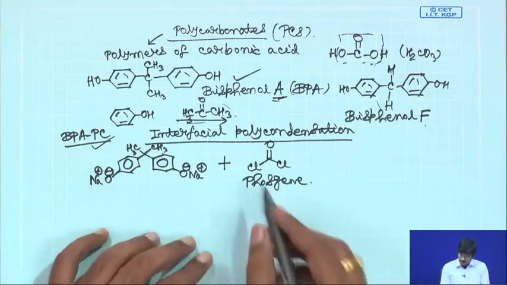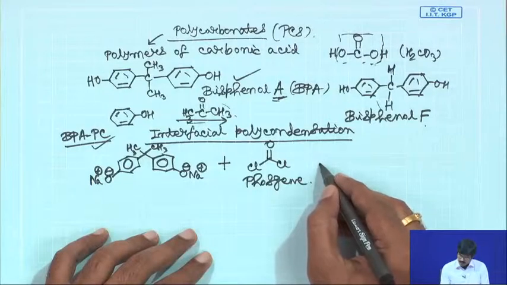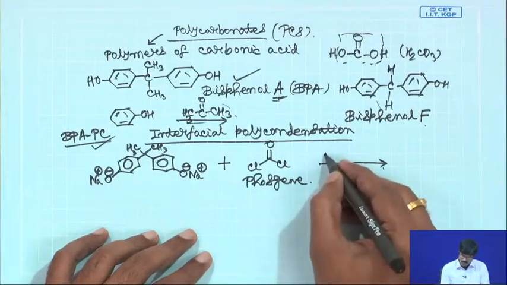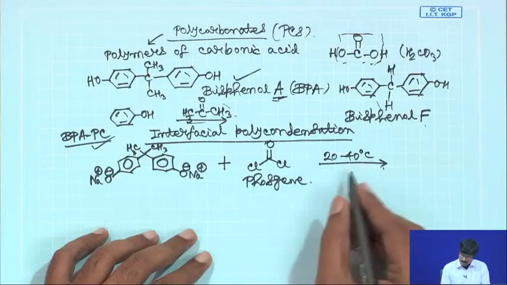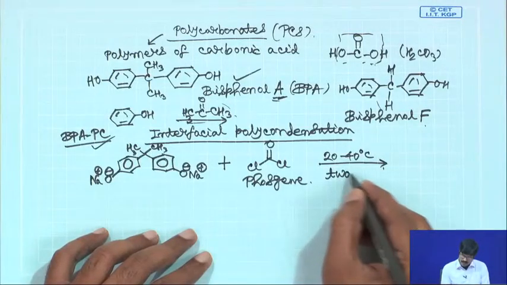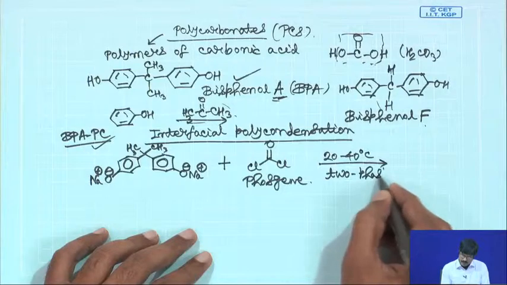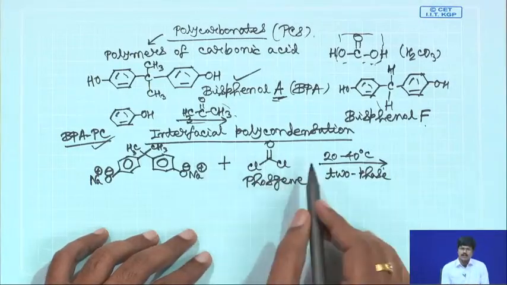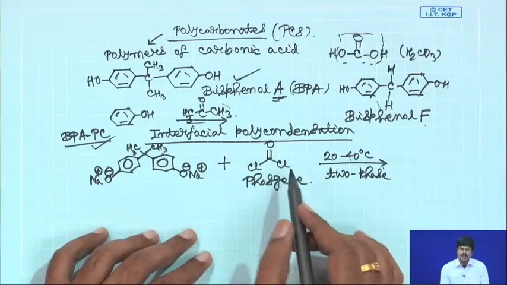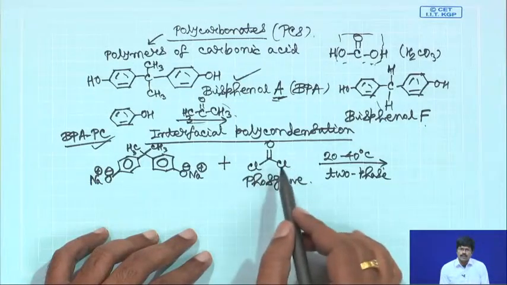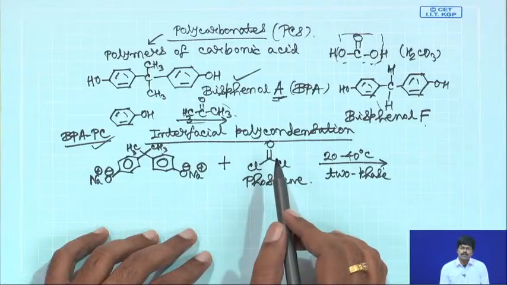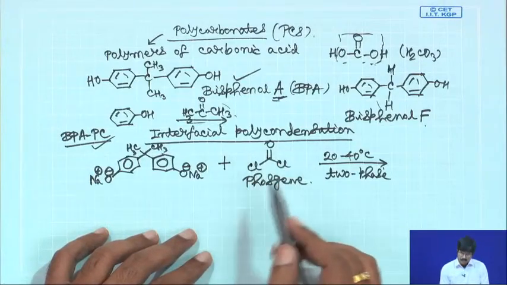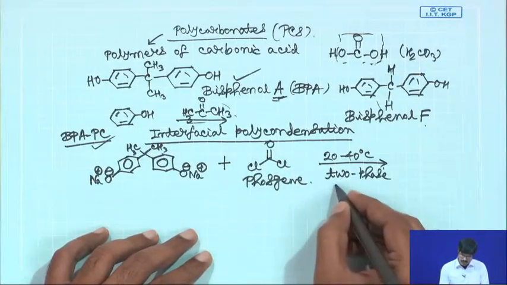Now, for this particular reaction the temperature is from 20 to 40 degrees Celsius, and it is basically a two phase mixture. If you remember the principle of interfacial polycondensation, there are two solvents which do not mix, and the reaction occurs at the interface. One is typically an aqueous solvent and another is an organic solvent. So, here also you are using a two phase